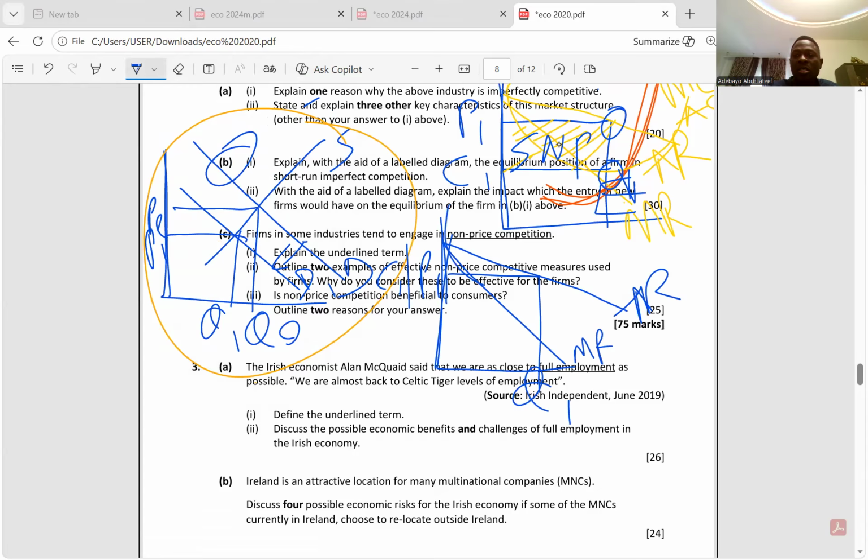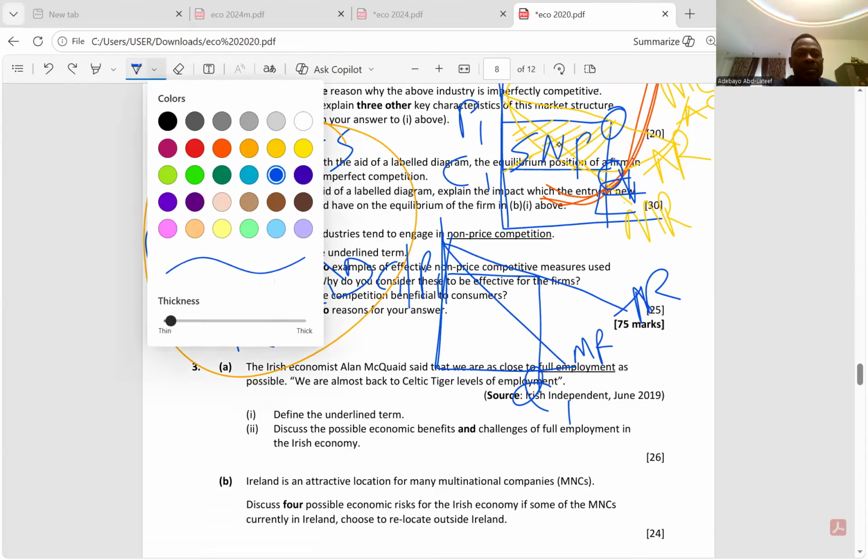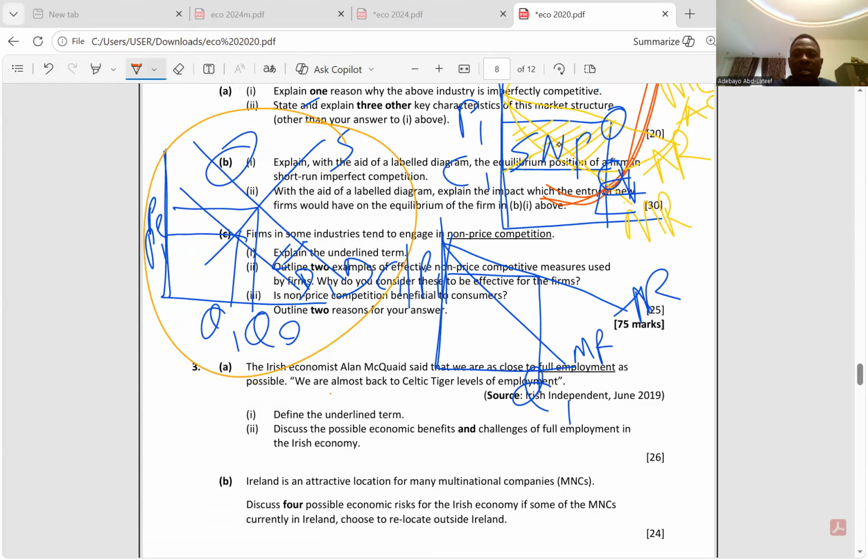Then our average cost, I have to draw it again. The average cost curve. It has to be. So this is our AC. This one is not nice. Okay, this is our AC. So AC will be the same as AR. Then, because AC and AR are the same, this is normal